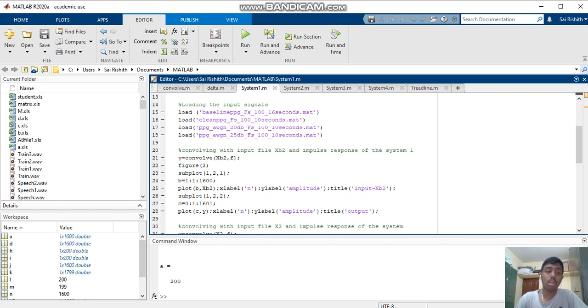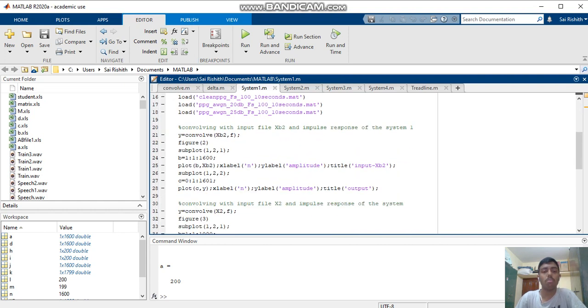So now let's get to know what convolution is. Convolution is a mathematical way of combining two signals to form a third signal. For a discrete time system, we can find y of n equal to the sum over k from minus infinity to infinity of x of k into h of n minus k, where x is the input signal and h is the impulse response. The input signal is given by the load function, and using the delta function I have found the impulse response. So using both, I am finding the convolution of the two signals.